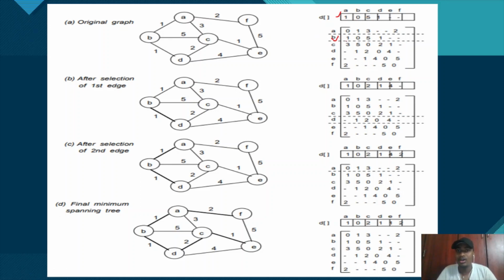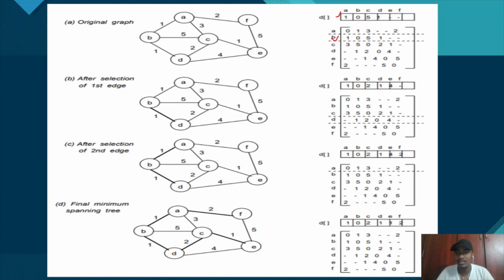You will write all adjacent edge costs. So 10, 5, 1. Like you can see, these only will come. For B to A, the cost is 1, and B to B, there is no edge, so the cost will be 0. And B to C, the cost is 5, and B to D, the cost is 1. So the matrix will be the same.